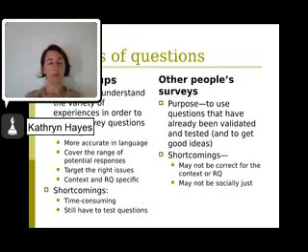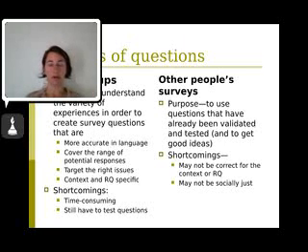So then there's the question of where you get your questions. You can, of course, come up with them on your own based on the literature. You can also conduct focus groups. This is a common way to come up with survey questions. In conducting focus groups, you help come to understand the variety of experiences people have in order to create survey questions that are accurate in their language. So for example,